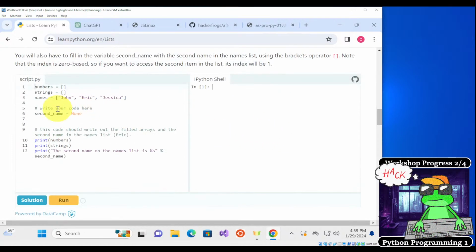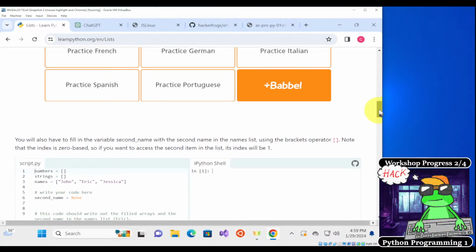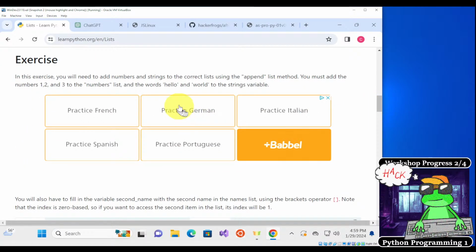Okay, so here, let's solve the exercise and let's go over the instructions one more time. So using the append list method, you have to add the numbers 1, 2, and 3 to the numbers list and the words hello and world to the strings variable.